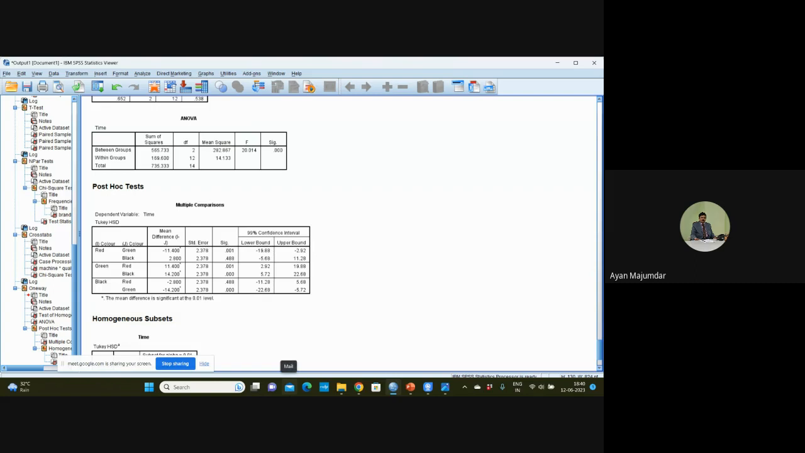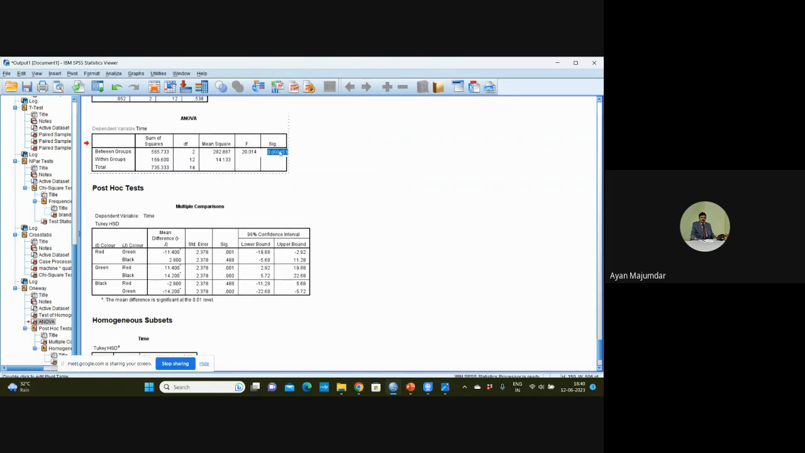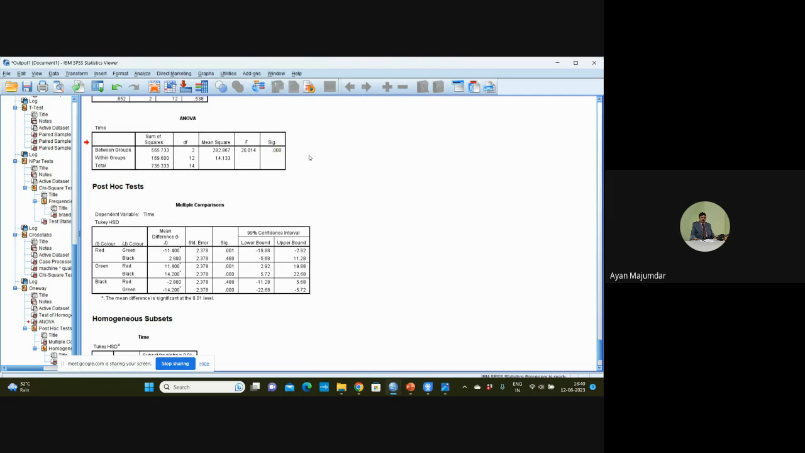Now, what will be our conclusions here? Our conclusion here for the F test statistic is 0.000151, which is less than 0.01. So we will reject the null hypothesis that there is no significant difference in the color and accept that at least one of the colors is having a significant effect on time. Now,